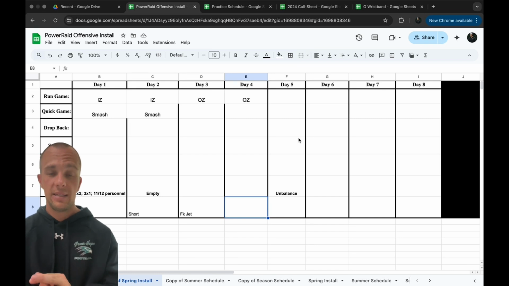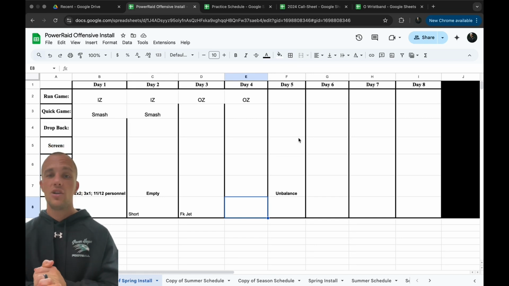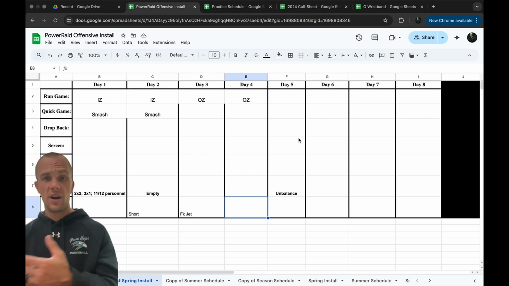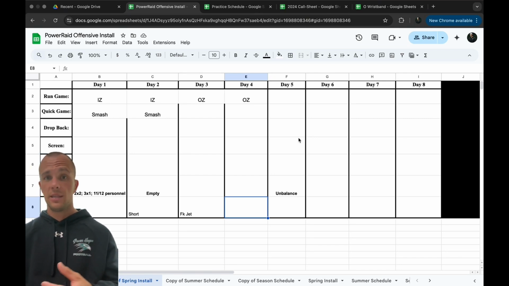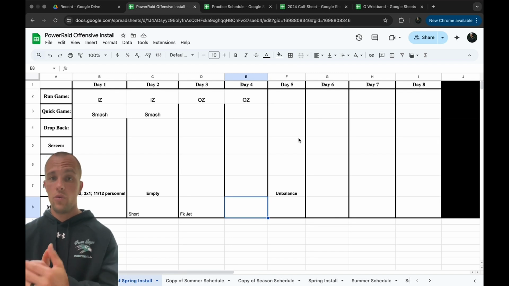Get back to the basics. Don't worry about being too complex. Don't throw too much at them. At least that's the way I take that from the Air Raid: just 1,000 reps at something, 1,000 reps. And that's why we've cut it down to the 3 things that we feel really good about in